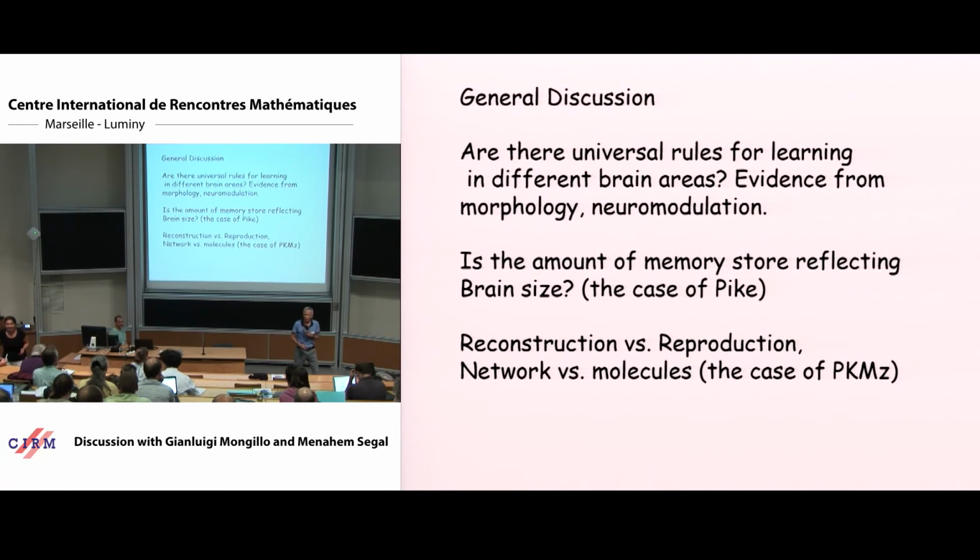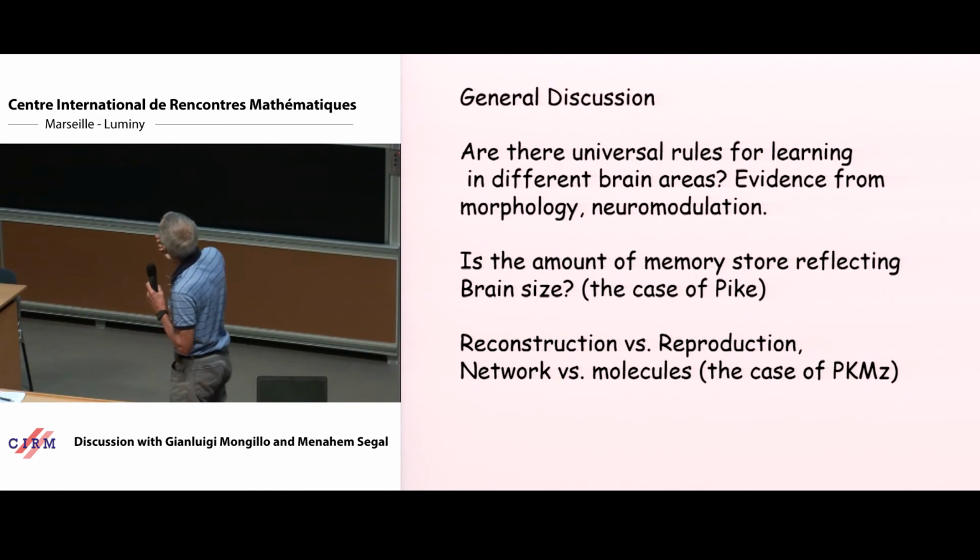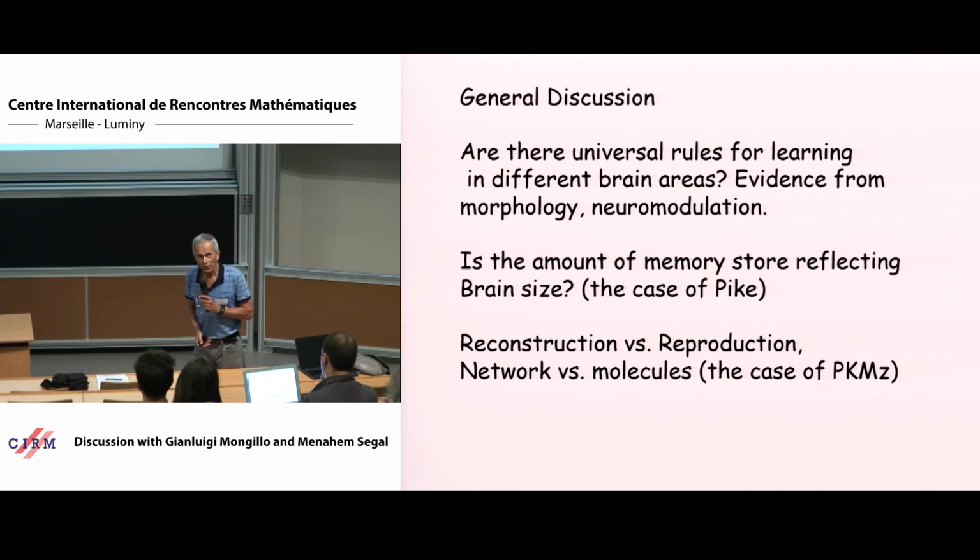So just a brief introduction to the general discussion. We know that in different brain areas, the turnover rate of spines is different. We know that in hippocampus, turnover rate of spines is much faster than that in the motor cortex, for example. So if we are to use the same rules, why is it that spine turnover rate is different in different brain areas? Most likely it has to do with different molecules in the spines in the different areas. Neuromodulation is most likely also very different between different brain areas. We know that norepinephrine, serotonin, acetylcholine, and dopamine are differentially distributed in different brain areas. So most likely they have a different role in